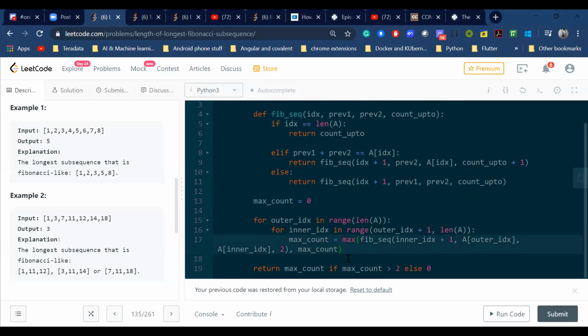Actually, if you see line 9 and line 11, you might end up calling only once, right? It's an else if and else. It can go to either this branch or this branch, so we are not going to both of them. Mm-hmm. Yeah, so n cube, that is true.